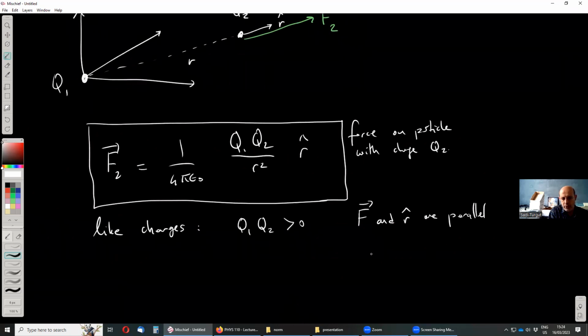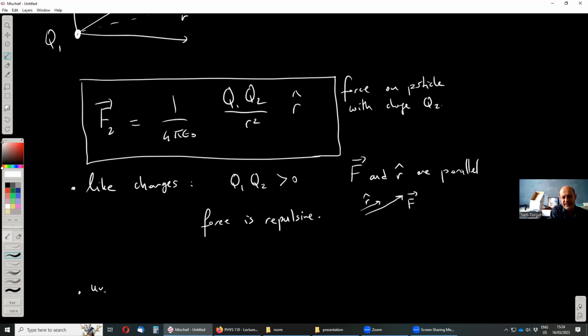So that's a situation where the R unit vector and the force vector are in the same direction. So the force is repulsive. Okay, so this is for like charges. For unlike charges,